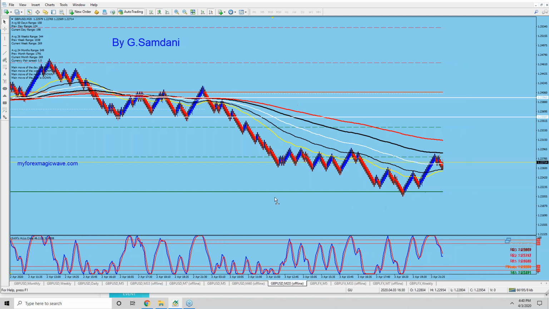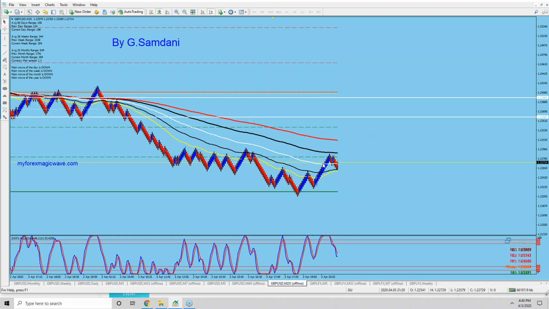So similarly here, we have to wait and see if this turn happens here, yellow and black, and then you get a proper setup. The setup with this indicator all the way down is that the yellow is above the black, and you have a higher low, not a lower low, a higher low, right? After that, you can gladly take a long on this one or any other USD pair. But the question is, are you taking the trade? That's what it is, right?